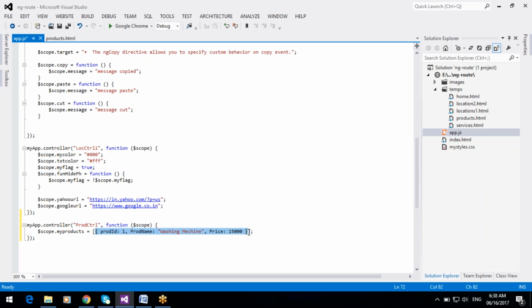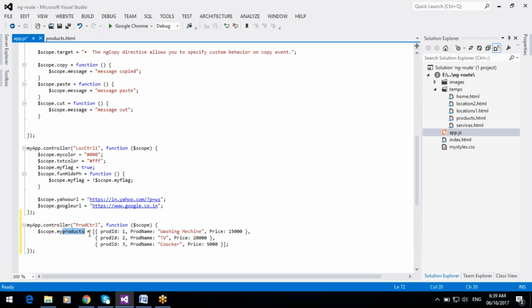Like this we can add two more products. Product ID 2, TV, 20,000, and another product, cooker, 5,000.